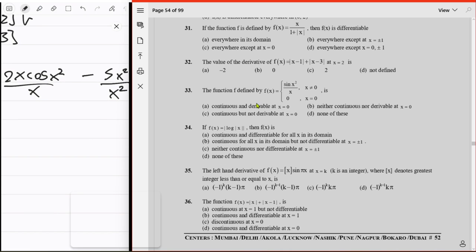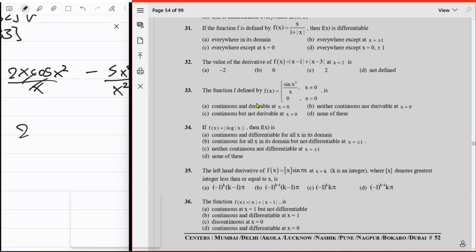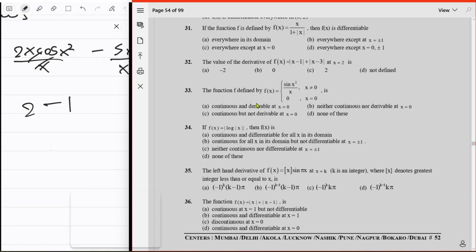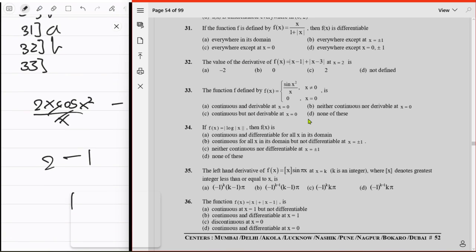So as x tends to 0, this just tends to 2, and this tends to what, 1. So it's 1 on both sides, right? Yeah, that looks cool. So it would be differentiable. Okay, it is, in fact, differentiable. What am I talking about? It is continuous, of course, because this approaches 0, and it's also differentiable because clearly it is, right? So continuous and differentiable at x equal to 0. Cool. Next question,